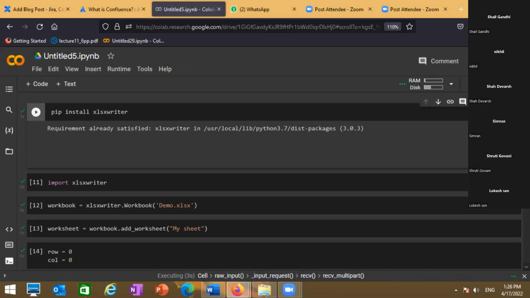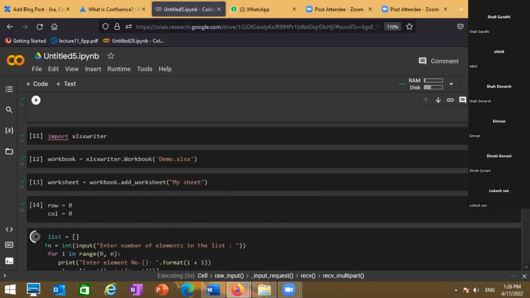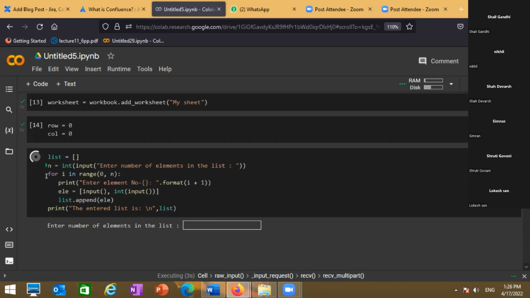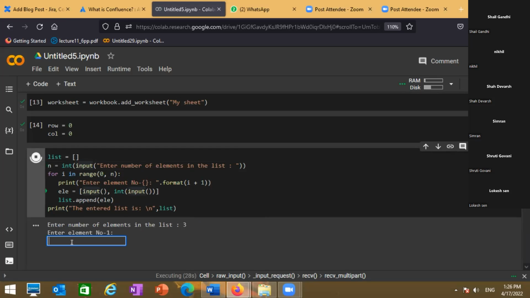Same as before, I have used this XlsxWriter library, and in this logic I have made one empty list, and now we are entering the number of elements in the list. So if we just want to add three stocks, then we can enter three, then I'm adding the stock name.